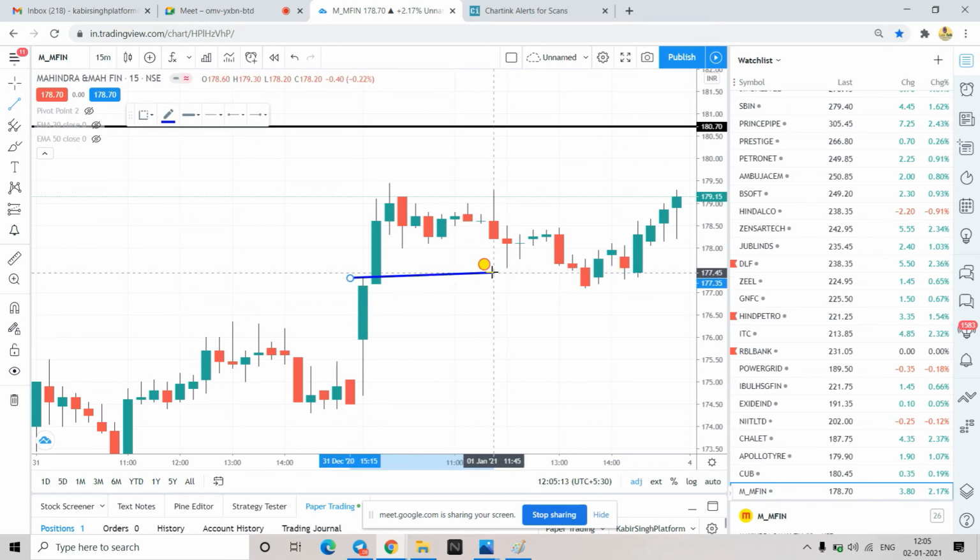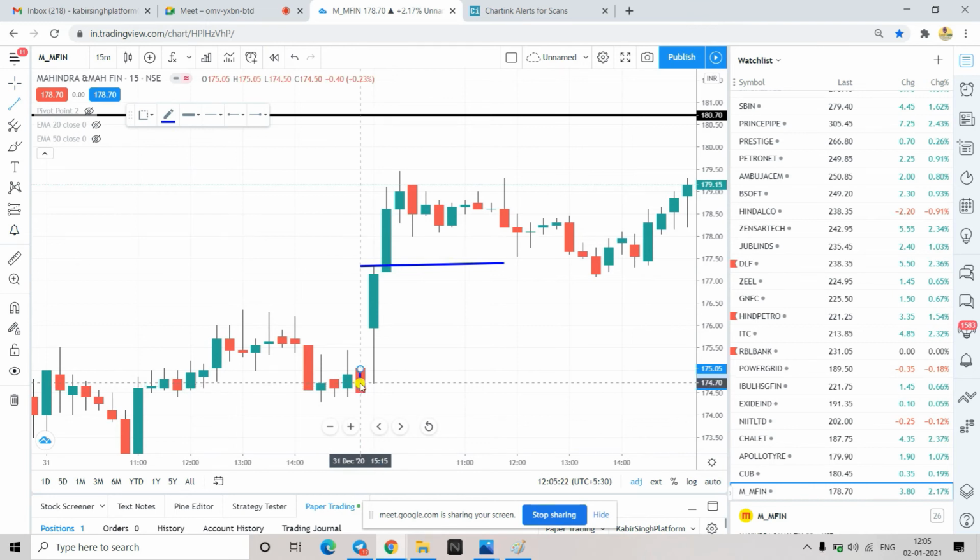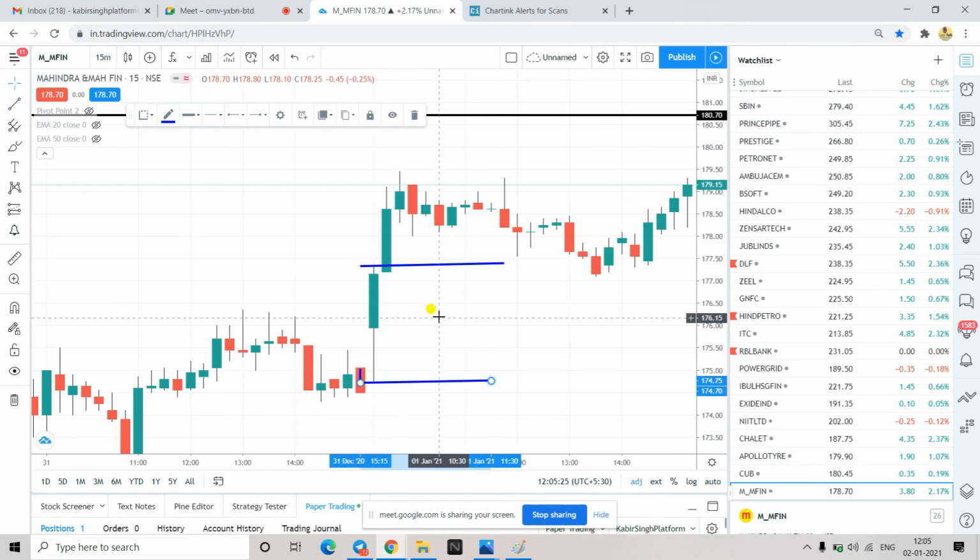Actually the alerts will only come after 9:48. This is the open range. If you would have drawn an open range at 9:30, then whichever candle crosses above it, you can enter the trade. One more thing you can do to take a better trade is that whenever the market is opening, see which stock has broken the previous day high, and which candle has broken the previous day candle, and make the open range of that. Whichever stock has broken the previous day high and the first 15 minutes candle is also strong, in that you can enter the trade at the highest point.